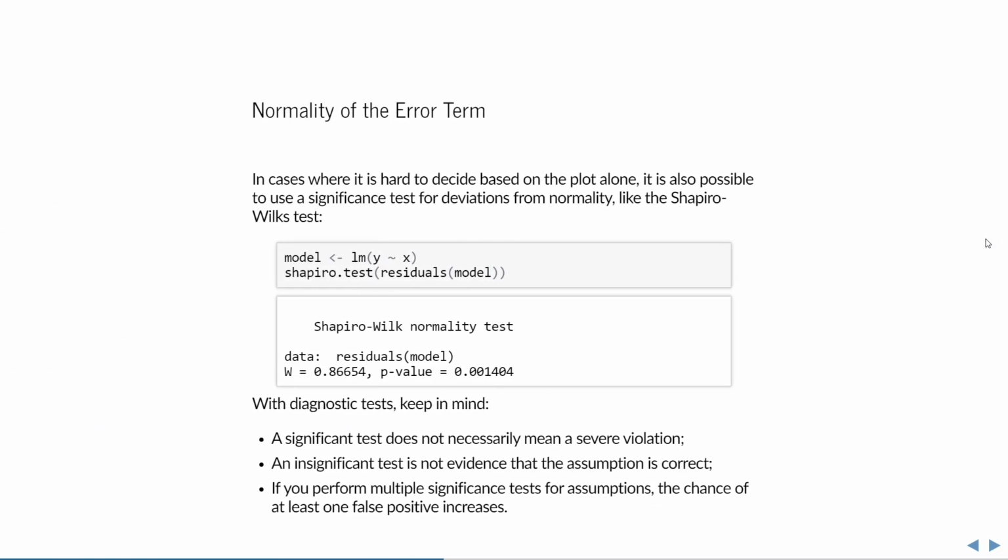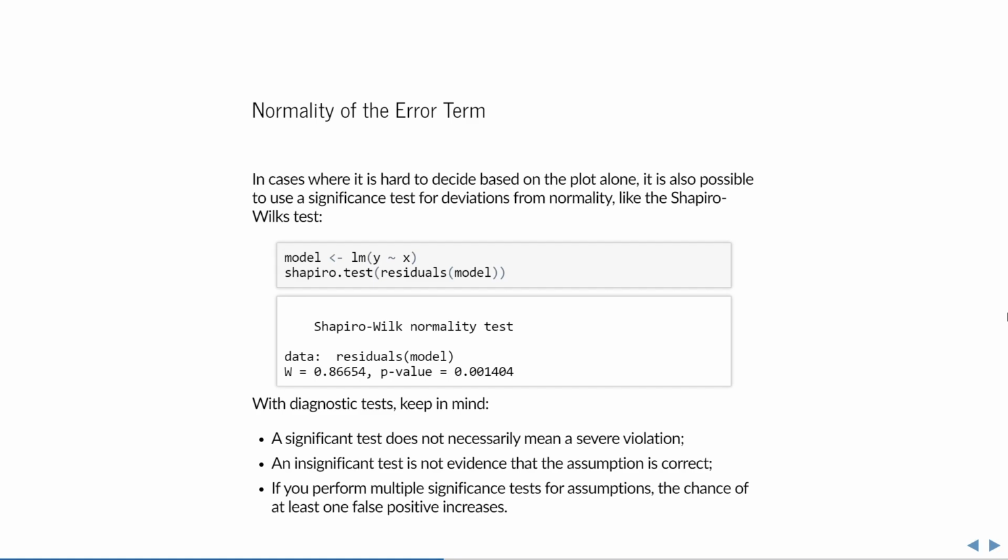In cases where it's hard to decide based on a plot alone, it is also possible to use a significance test for deviations from normality, like the Shapiro-Wilk test, which you've probably used before. In this case, you simply fit a model and then perform a Shapiro test on the residuals of the model. Then you see whether the p-value is lower than your alpha, and if it is, there is a significant deviation